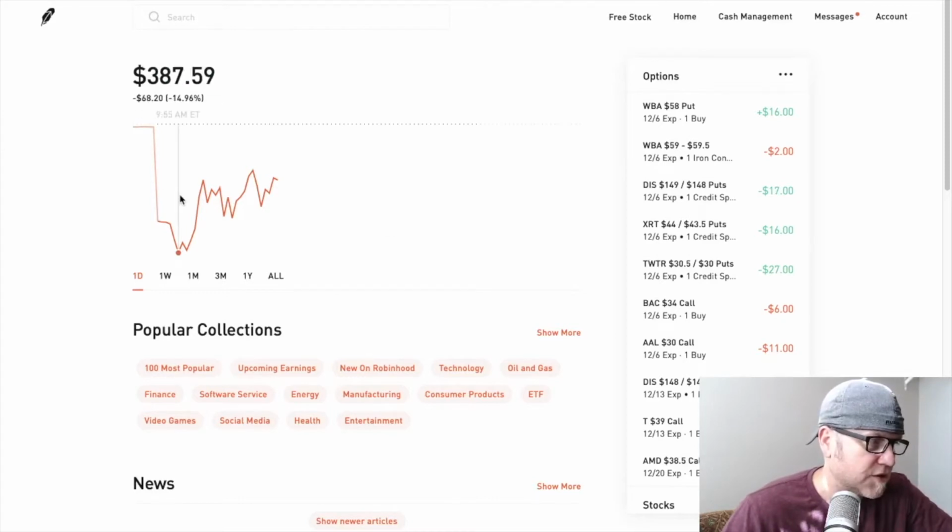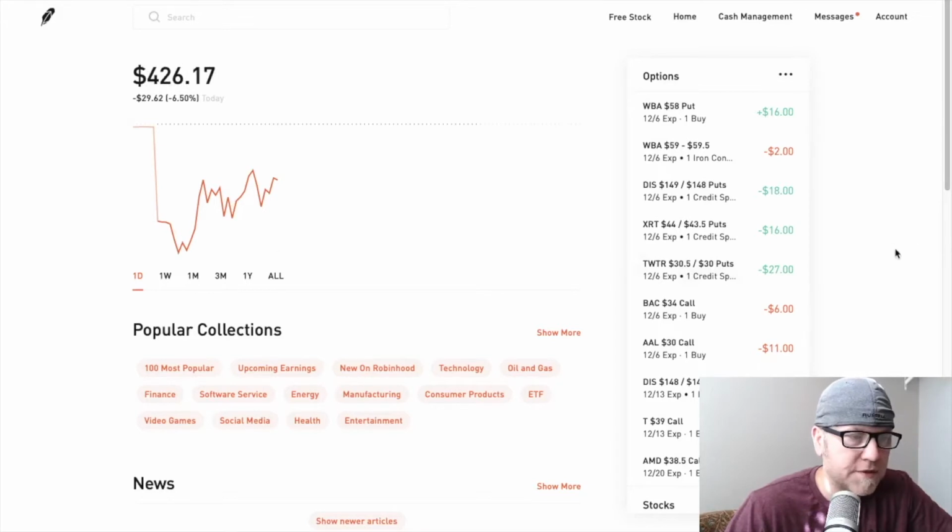So, as you can see, we were down pretty good this morning. In the grand scheme of things, $100 is a lot of money, but it's not really a lot of money. But for a $500 portfolio, it's pretty serious to be down $100 and something dollars. So what I did this morning was